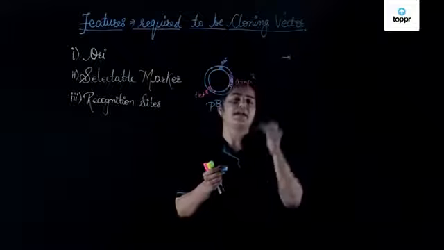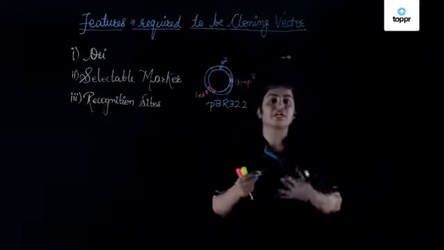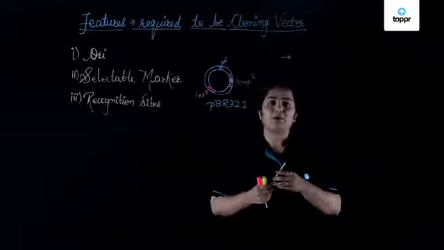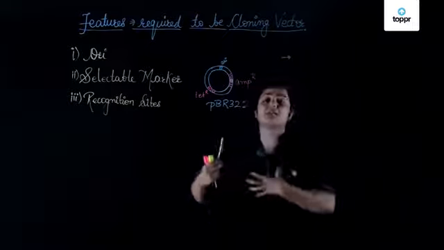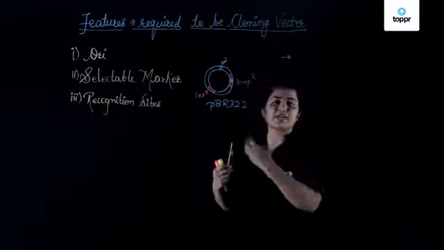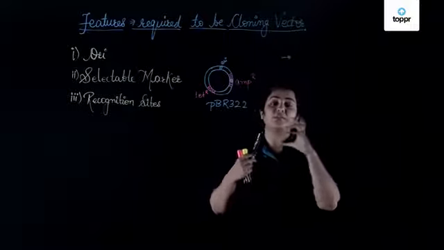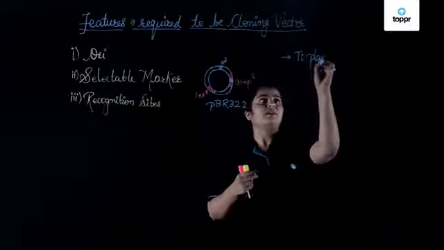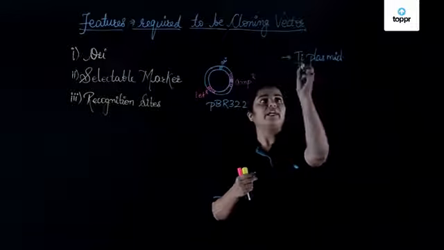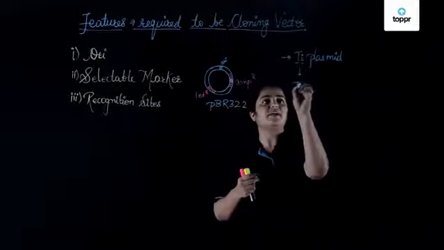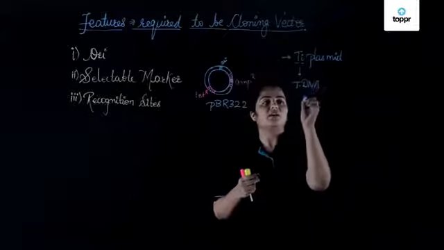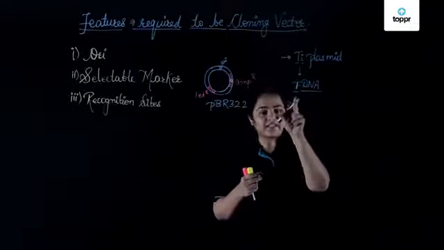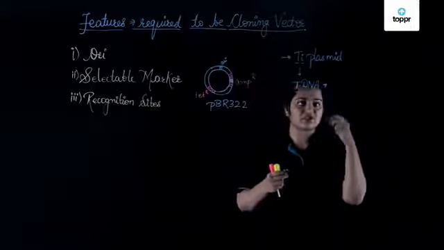Now this was about the bacterium in general. What about plants and animals? In plants and animals, what kind of cells will make sure that you are getting the gene transformed? Basically, when you talk about plants, we have the largest number of experiments carried out in plants, and the most widely used plasmid is the TI plasmid. Yes, TI stands for tumor inducing plasmid. This is basically from the tDNA, which is the DNA responsible for formation of tumor, that is present in the bacterium present in the soil called